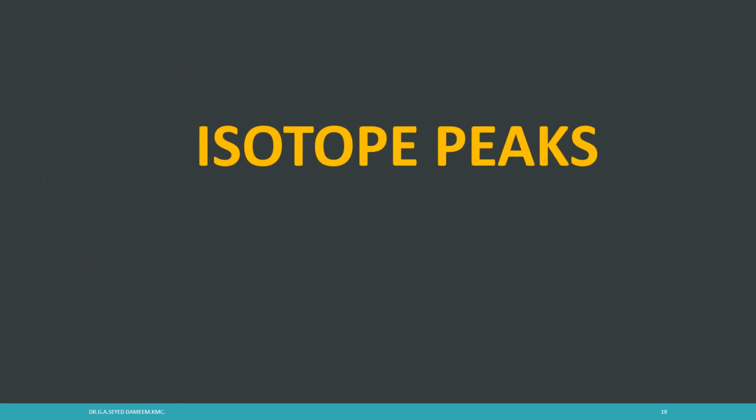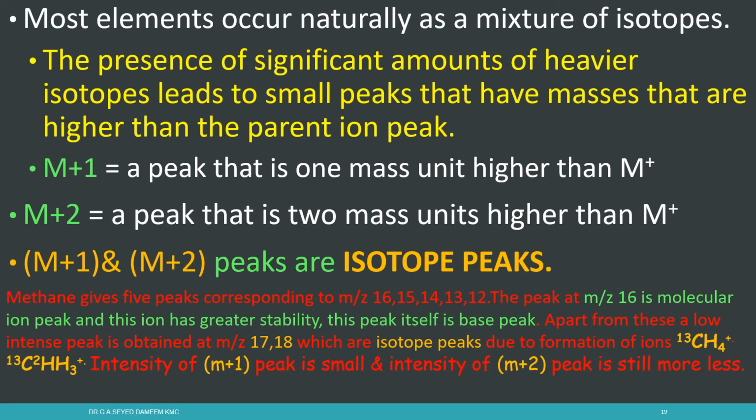This topic is isotopics. These isotopics are due to the natural existence of isotopes of various elements. We will discuss these in the next slide. Most elements occur naturally as a mixture of isotopes. For example, carbon exists as the carbon-13 isotope, hydrogen as the H-2 isotope, nitrogen as the N-15 isotope, oxygen as the O-16 isotope, and chlorine as the chlorine-37 isotope. Similarly, a number of elements exist as isotopes naturally.